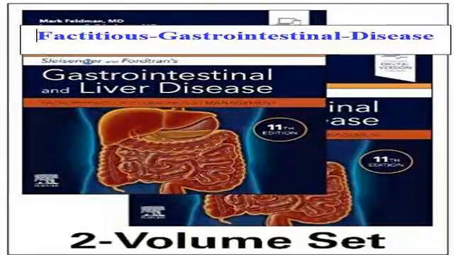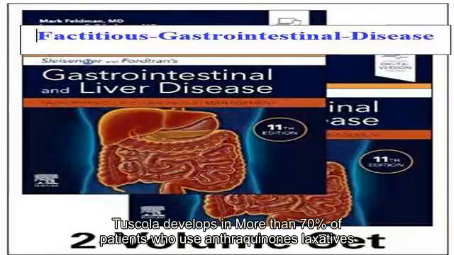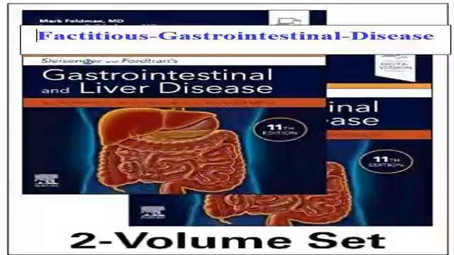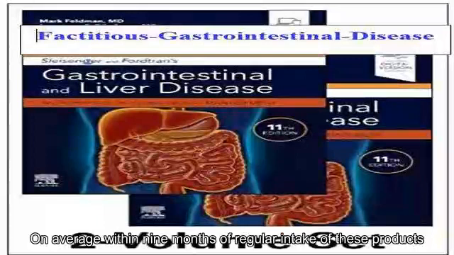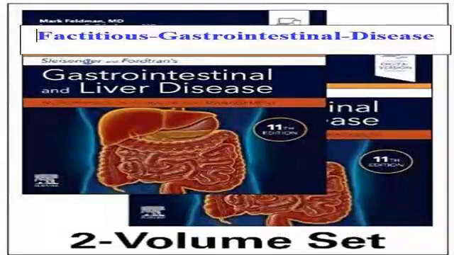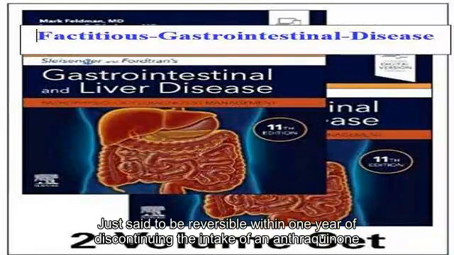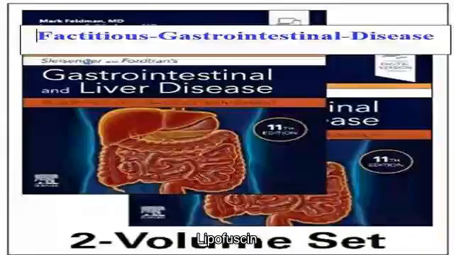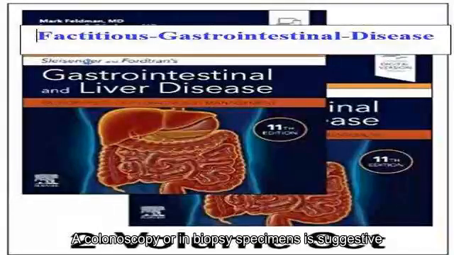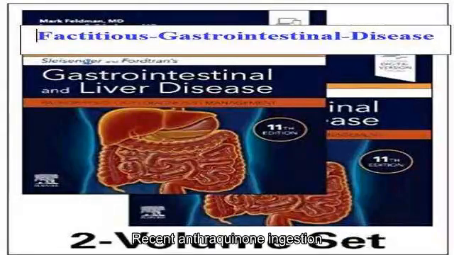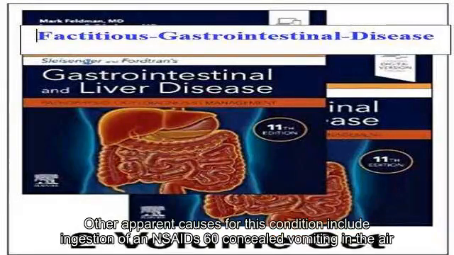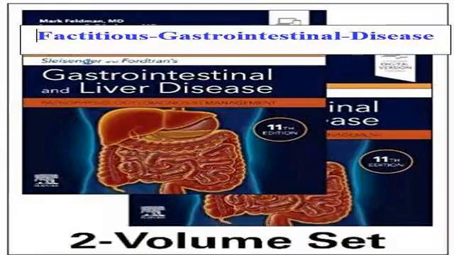As discussed in Chapter 128, pseudomelanosis coli develops in more than 70% of patients who use anthraquinone laxatives, e.g., cascara, aloe, senna, etc., on average within 9 months of regular intake of these products. The effect is said to be reversible within 1 year of discontinuing the intake of an anthraquinone. Finding this pigment, lipofuscin, at colonoscopy or in biopsy specimens is suggestive, but not diagnostic, of recent anthraquinone ingestion. Other apparent causes for this condition include ingestion of NSAIDs.60